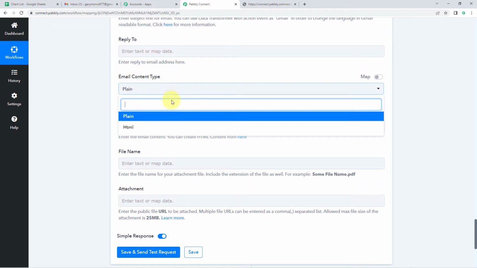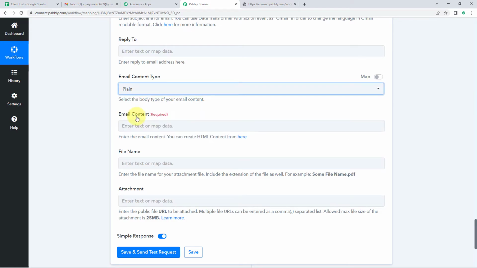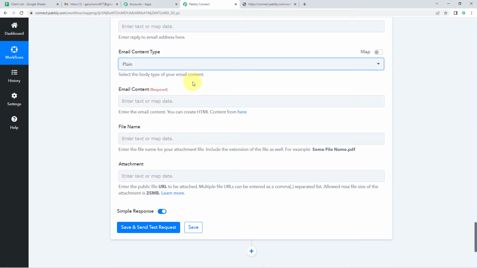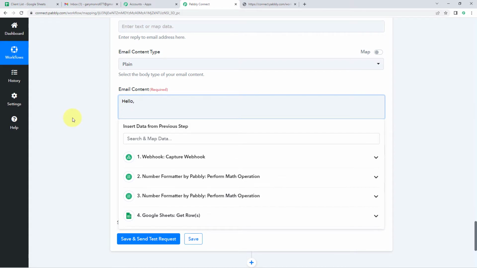Email content type, we have two different content types. Either I can create an HTML body email or in plain text. So I'm creating a plain text email in this video. You can choose this according to your choice. And then comes the most important field, that is the email content, that is, what will be the body of the email which we are going to send. So I want my email to start as hello, and after hello I want my body to be